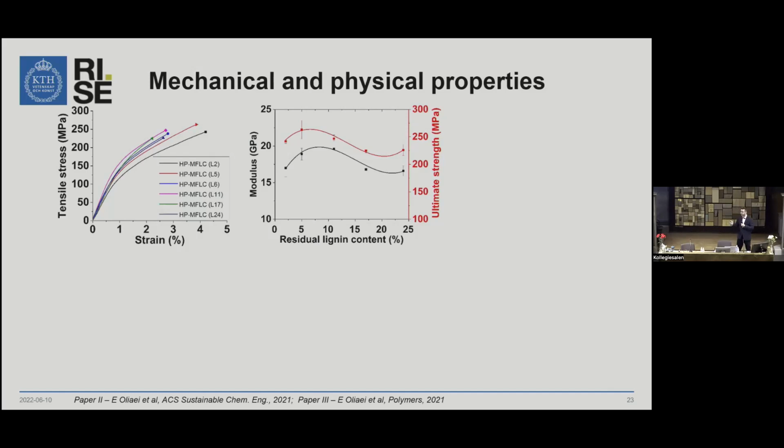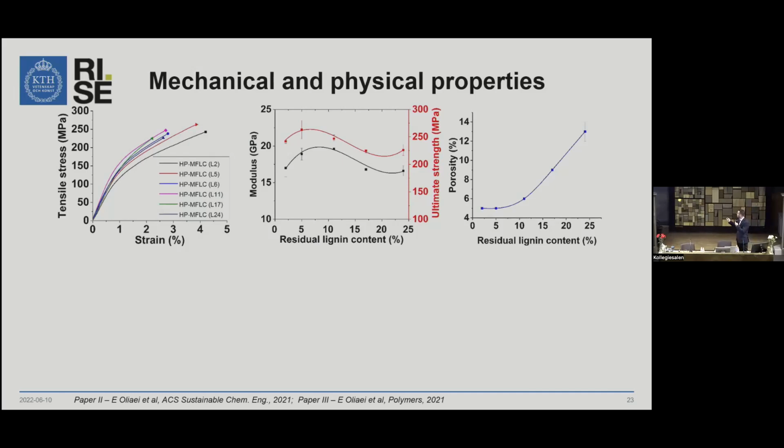And finally, with an increase to very high residual lignin content, this drops. The increase is related to lignin binding and improved stress transfer, but the drop of the mechanical properties in the end is more related to, for example, porosity, as you see here, and this is related to coarser MFLC fibrils